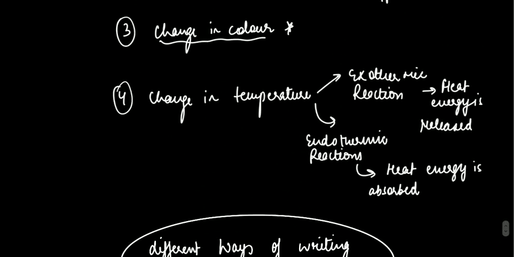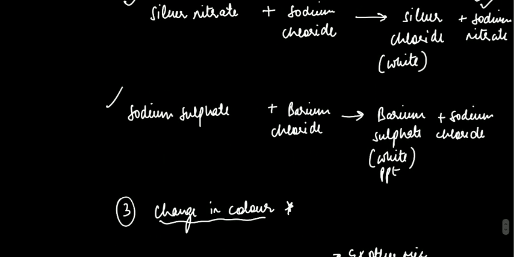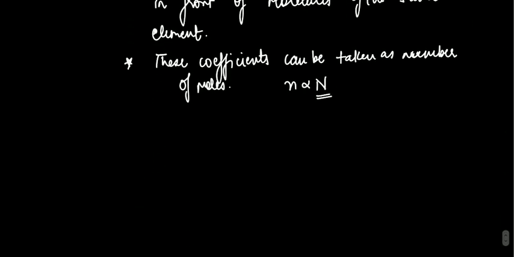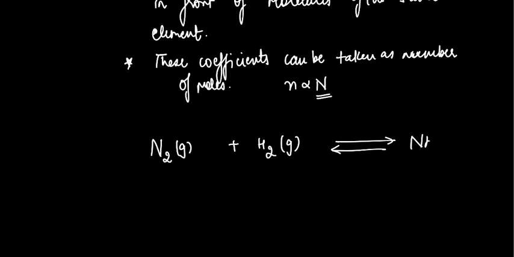Now if we go back to another equation, I like this example a lot. It actually explains a lot of concepts. Now, say this is nitrogen reacting with hydrogen to give us ammonia,